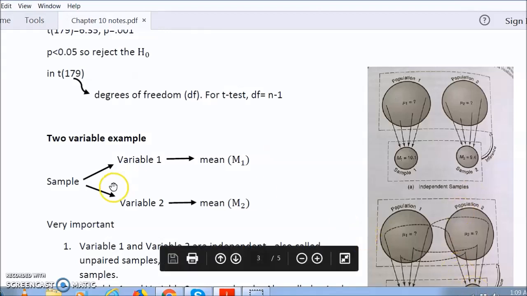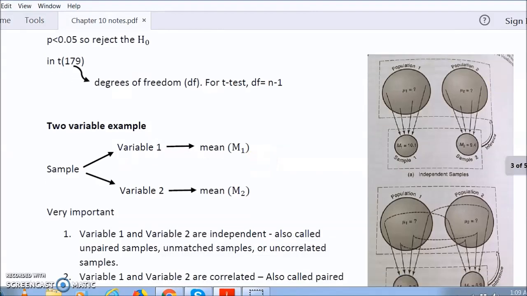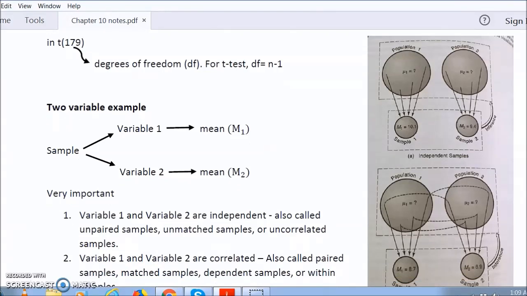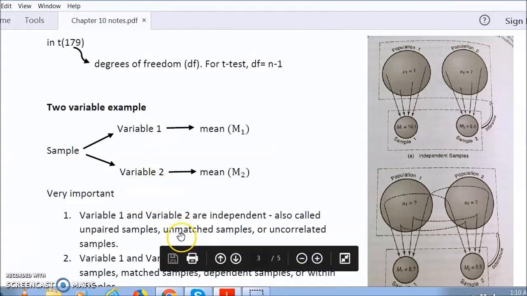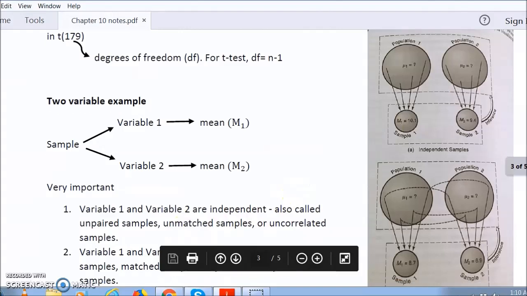If you have a sample but you actually have two variables, that means you have two mu's, or two means, and you want to make inferences. This is how it is done. When you look at page number 212, you see there are two examples. The first one is about independent samples and the other one is about correlated samples. Independent samples means my two variables are independent of each other. These are also called unpaired samples,